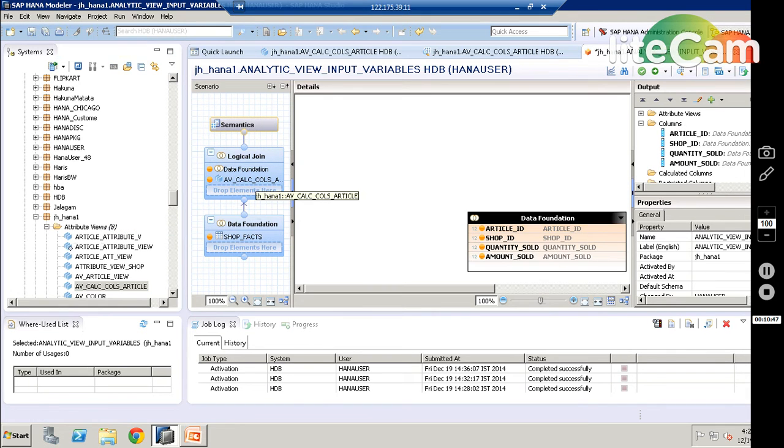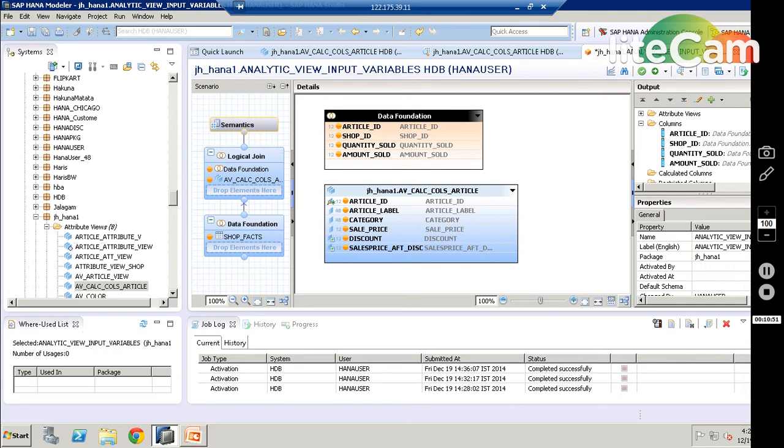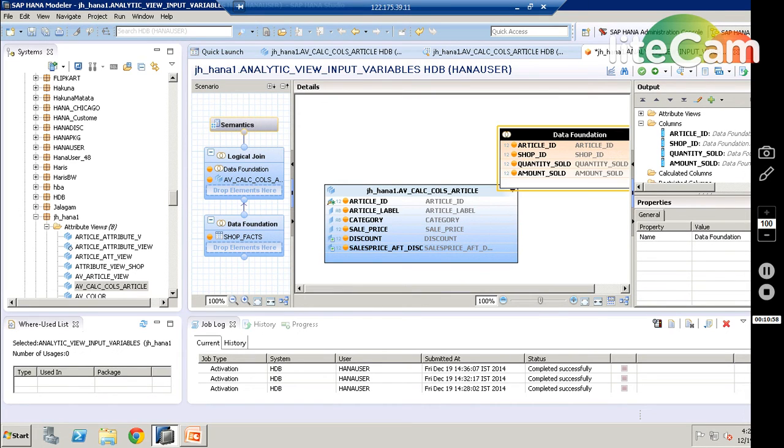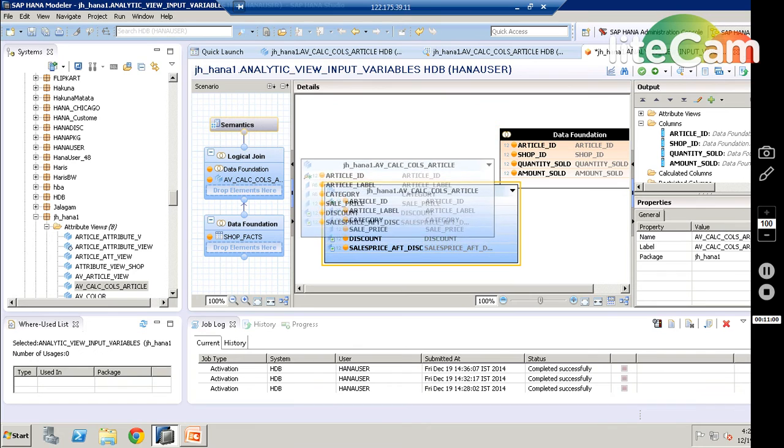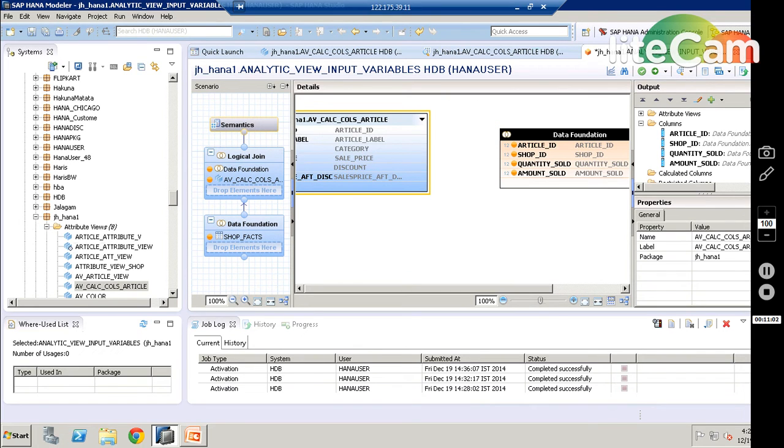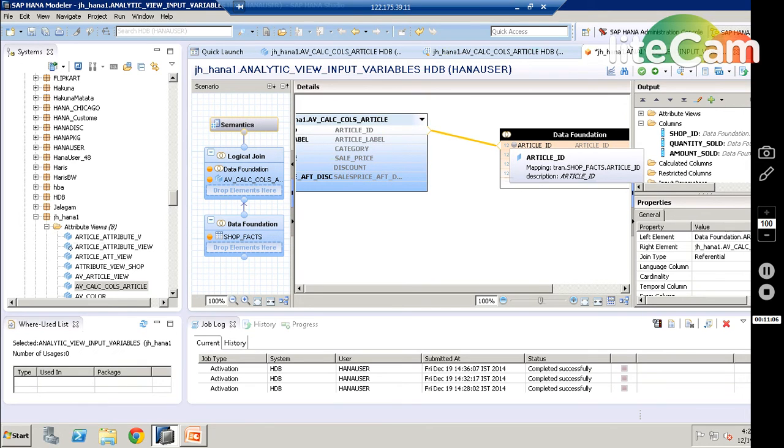Now I have this data foundation here and this dimension table here, and my article ID maps to article ID of this.